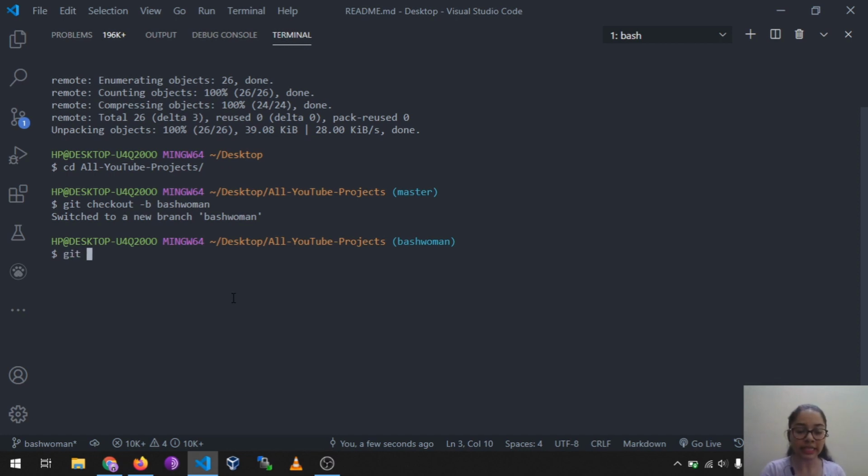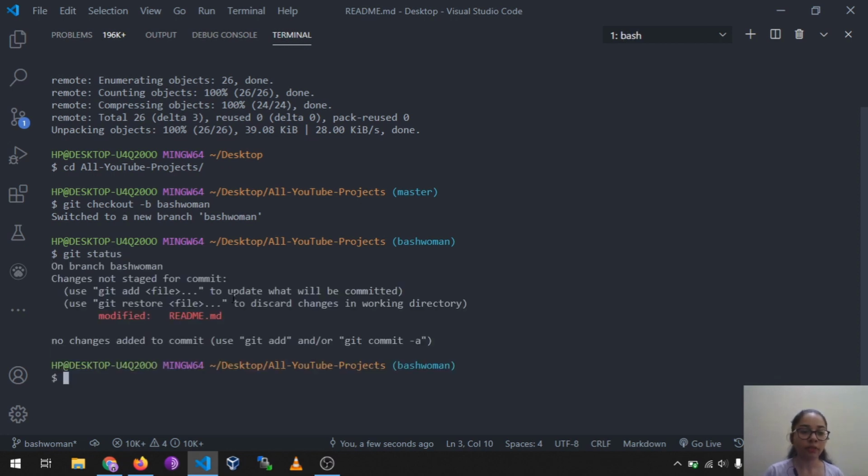So if you run the command git status and it shows the modified file in red, saying changes are not staged for commit, that means Git doesn't know about the changes and will not track them.